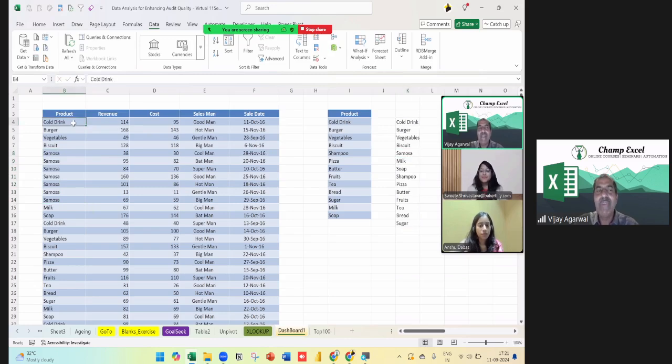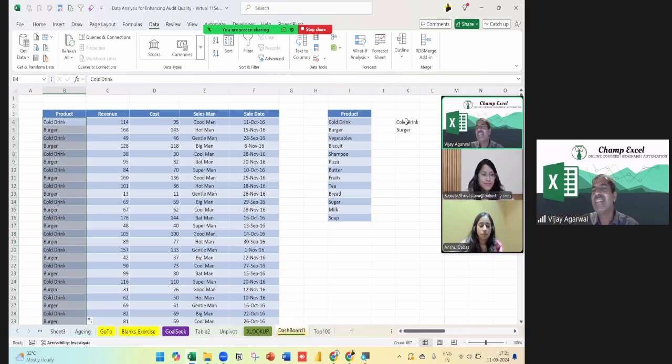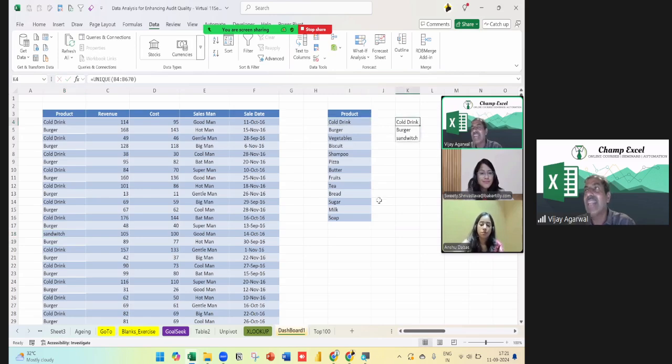And if I say I'm dealing only in two products, cold drink and burger, my list is real time, showing cold drink and burger automatically. If I put sandwich here, it shows sandwich also. So I'm getting my unique list in real time, no refresh, nothing. If my data changes, I automatically get the real time data.